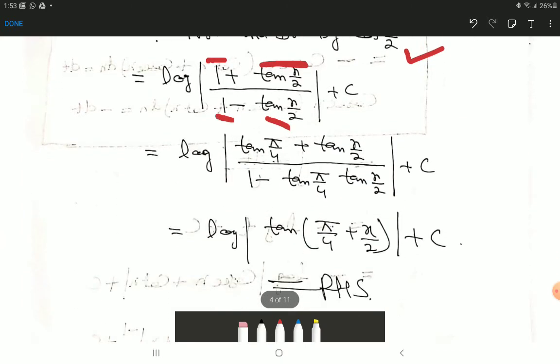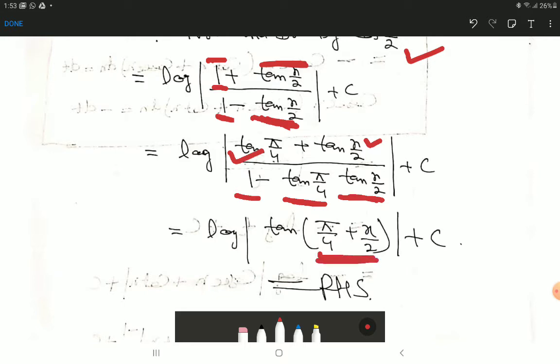Let's move ahead. 1 is value of tan pi by 4. So this 1 can be written as tan pi by 4 plus tan x by 2 is already there upon 1 minus this is tan x by 2 into, I have written tan pi by 4 at my own, because value of tan pi by 4 is 1 and 1 into tan x by 2 is same as tan x by 2. So now it has taken the shape tan a plus tan b upon 1 minus tan a tan b. And you know from your class 11 trigonometry that tan a plus tan b upon 1 minus tan a tan b is tan of a plus b. So this is the second answer for integration of sec x dx.